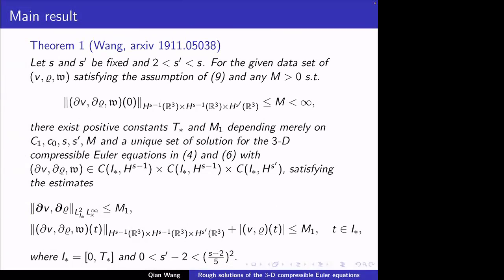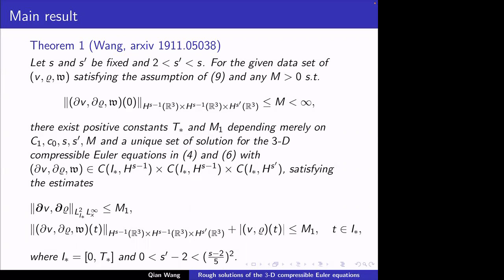Let s and s prime be fixed, with s prime between 2 and s, so smaller than s. For the given data set v, rho, w satisfying the boundedness assumption, and any bound, no need to be small, such that the initial energy for v, rho and w in this H^s and H^(s') space is bounded by M, then we have T star, which is a positive lifespan, and a new bound M1, depending merely on C1, C0 in (9), s prime in our Theorem 1, and the bound M, and a unique solution for the compressible Euler equation. And they still stay in the same energy space as they started from, and also satisfy